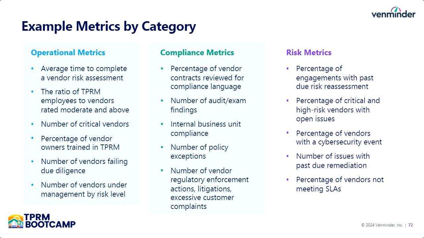Or for risk, you know, how many engagements do we have that have past due risk reassessments, or vendors that have had a cybersecurity event. So it really can be any metric that you feel is meaningful